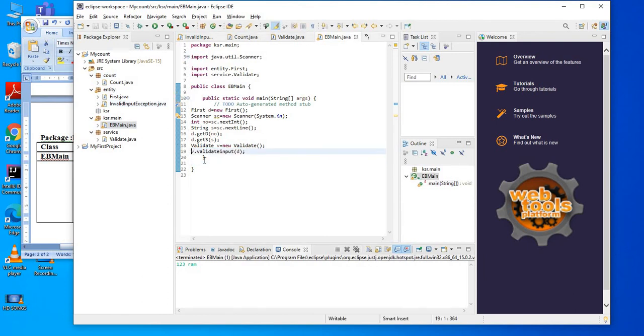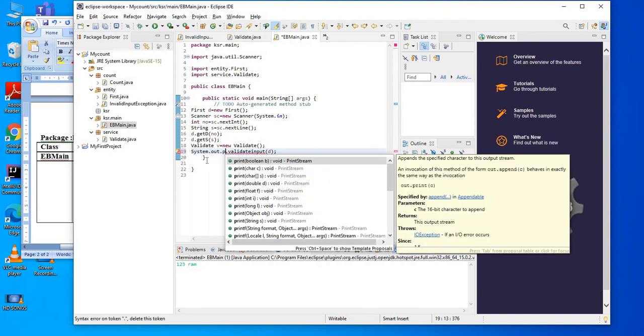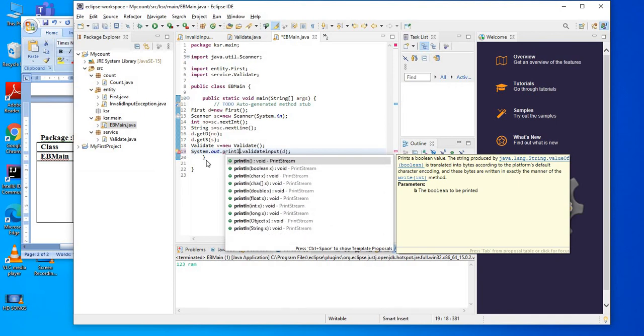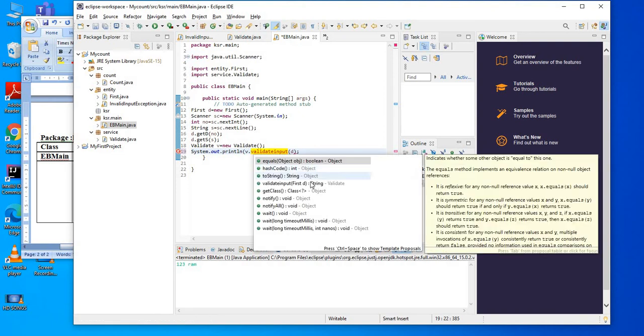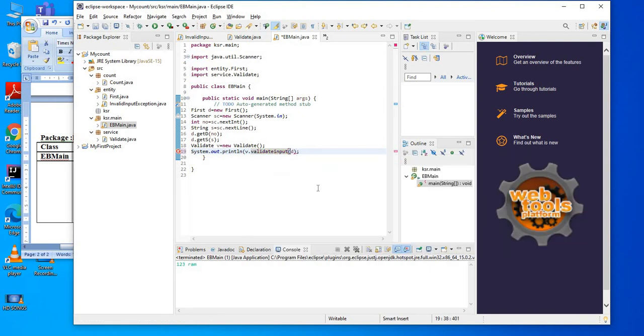So let us do System.out.println of v.validateInput. Let us close this. Now let us do the save all and let us execute it.